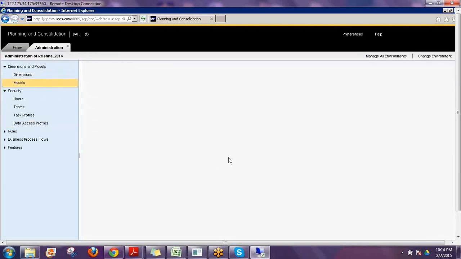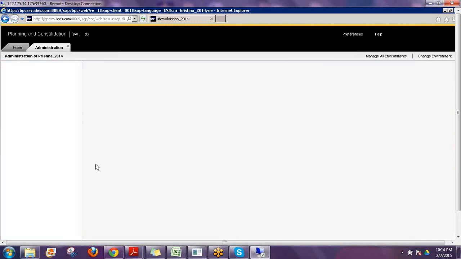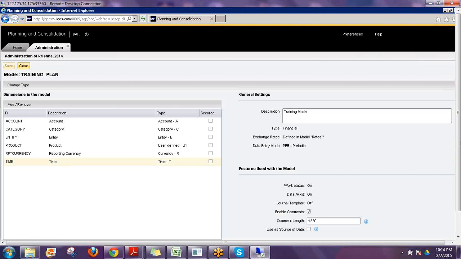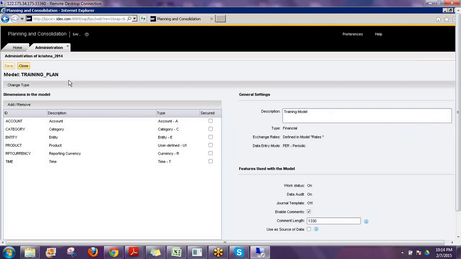Go to models. Suppose we are creating training_plan. Here there is a section called secured. This means which dimensions you want to bring into the security arena. Those dimensions you have to select as secured dimensions. Now if you go to the data access profile, since none of the dimensions are secured, if you go here,